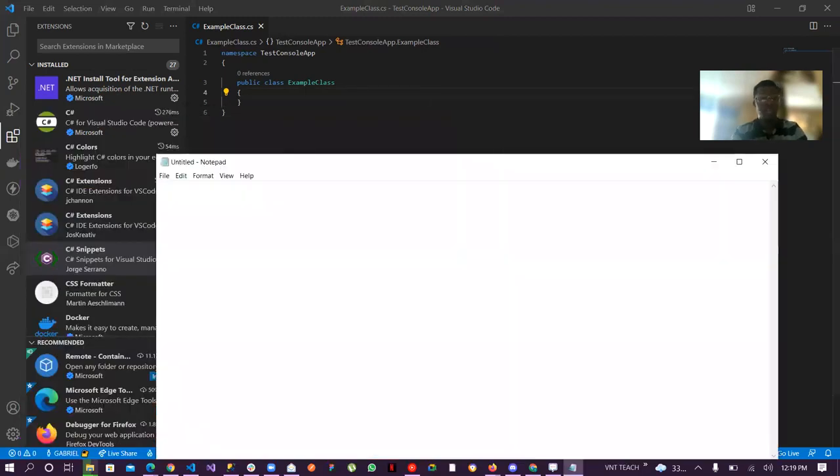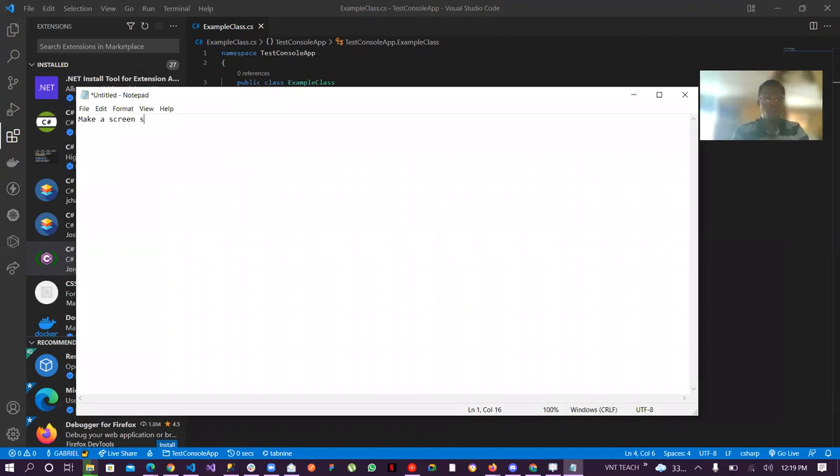Our first task would be make a screenshot of the .NET version you've installed on your machine after checking with dotnet --version, and also make a screenshot of your installed